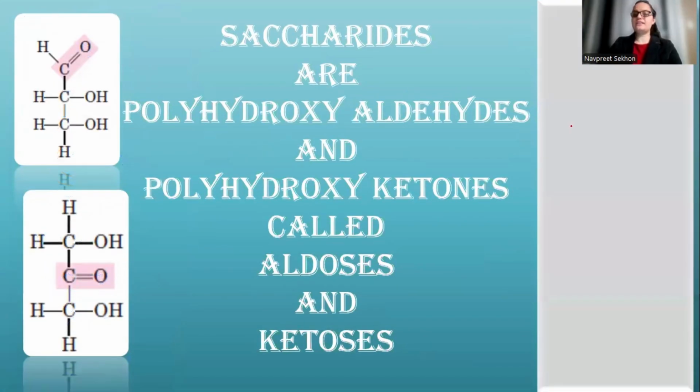We have discussed that carbon has tetravalency. Another important thing about carbon is that it shows catenation, which means that carbon has the ability to form carbon chains. One carbon atom loves to form a covalent bond with another carbon atom, and that carbon atom loves to form a covalent bond with yet another carbon atom, and so on. You would see so many carbon chains when we are doing the biomolecules.